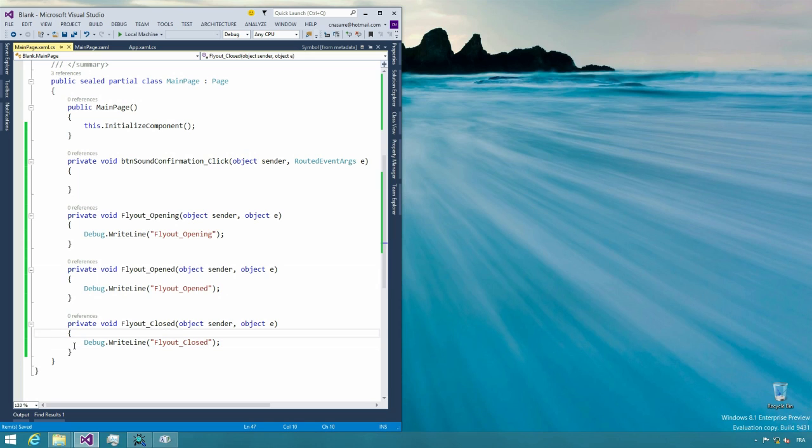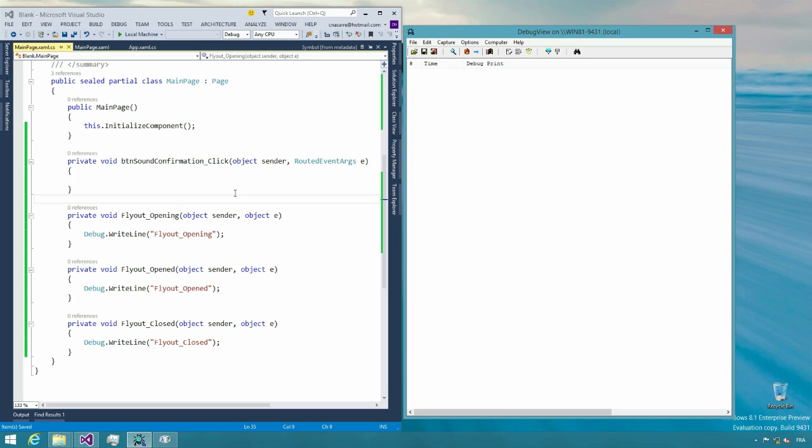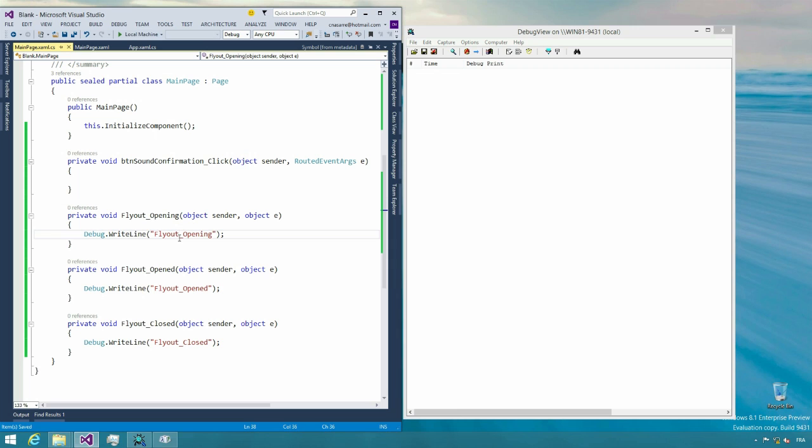And so what I would be interested in is seeing what's going on with my traces, but I don't want to debug. What I could do before Windows 8.1 was using 2 different physical screens, with my debugging session on one screen and the running session on the other. But what you can do now with Windows 8.1 is having half a screen for the desktop with your debugger or your tracing, and half of the screen for your application. I will be using one tool from the Sysinternals website, which is called Debug View. With Debug View, you will see all the traces that you're doing with Debug.WriteLine outside of a debugging session. And so I will start the application,